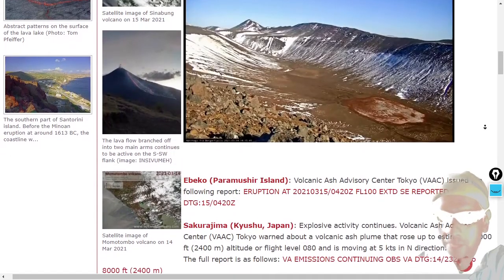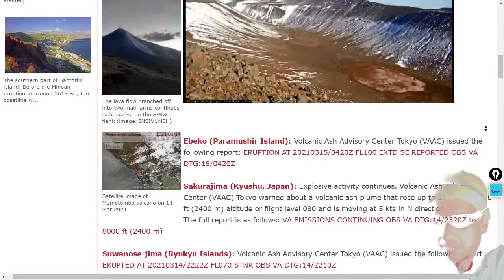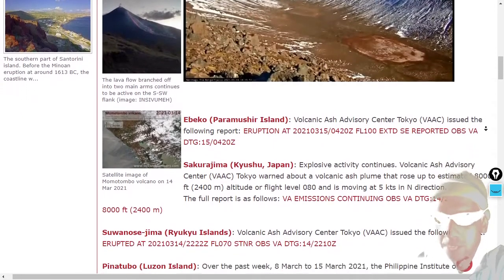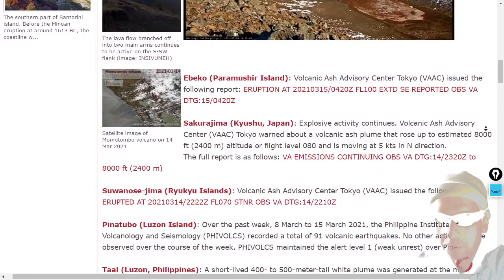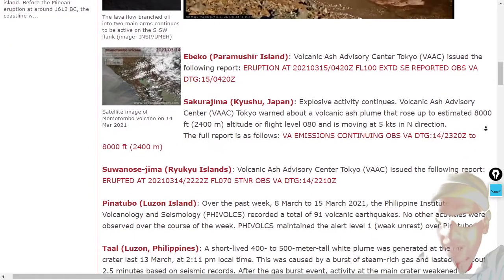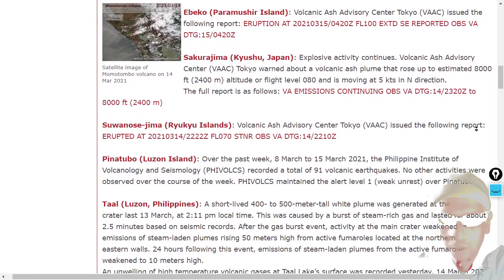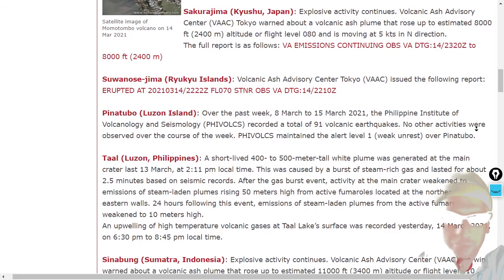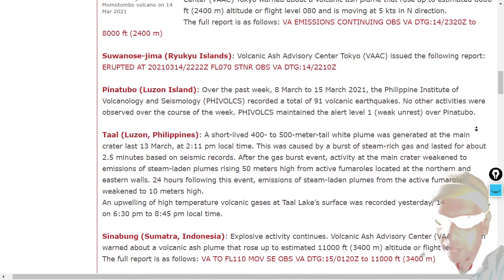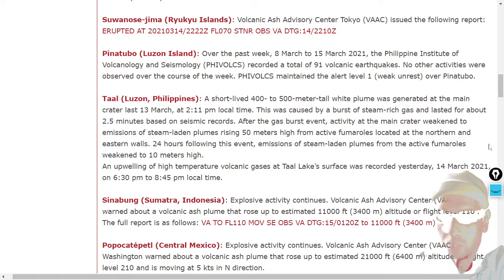Will it erupt in spectacular fashion, or will the seismicity just go down and the activity with it? Mount Abico on Paramushir Island has been producing a 10,000-foot plume of volcanic ash. Sakurajima exploding. Volcanic ash emissions there producing an 8,000-foot ash plume. 7,000-foot ash plume at Suwanosejima, and Pinatubo, which has recently been upgraded from green to level 1 alert,